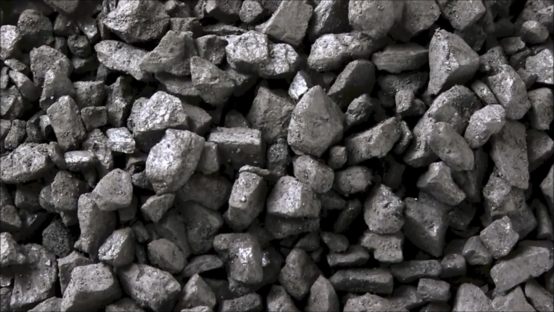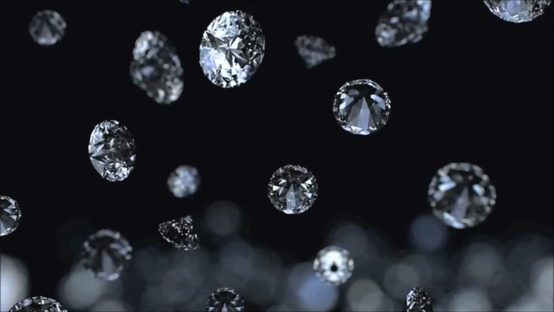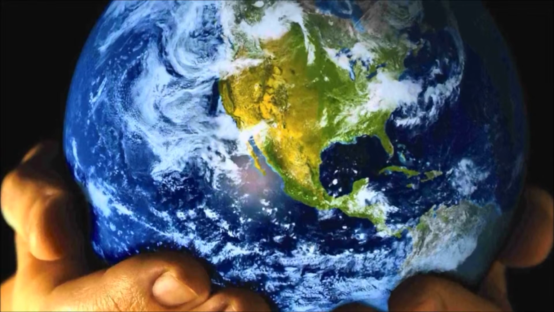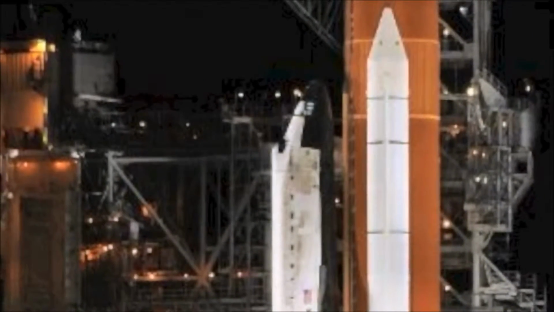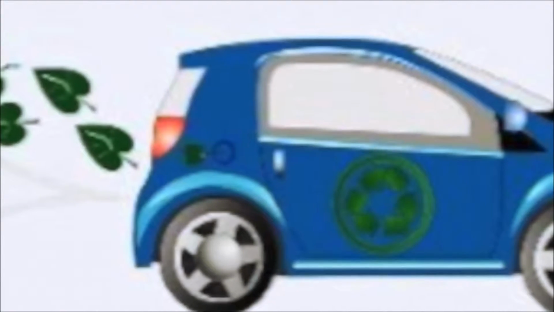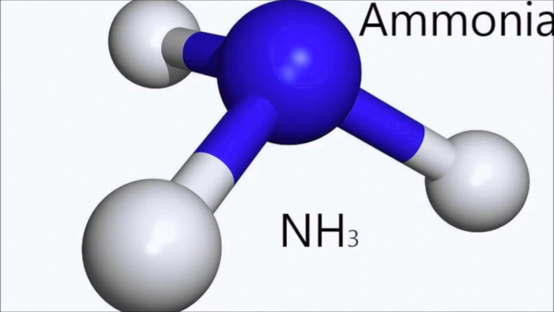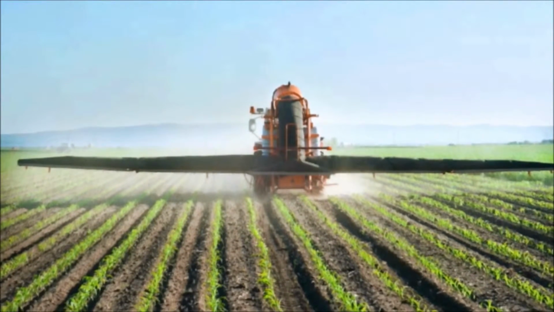Carbon can be used as a fuel in the form of coal or even be a big shiny diamond, but the reason it's so important is because it's the building block of all life on Earth. And even though liquid hydrogen is used as rocket fuel or in a hydrogen economy, it's important because hydrogen atoms form short-lived and easy connections. Nitrogen is used for ammonia and fertilizers that are vital for food production, but it's so important because it's essential